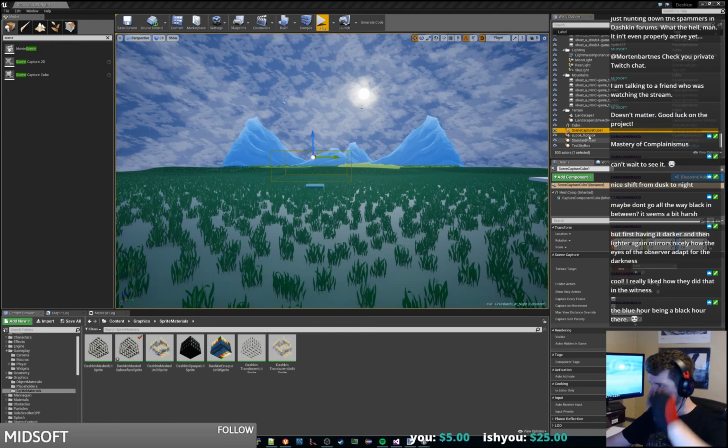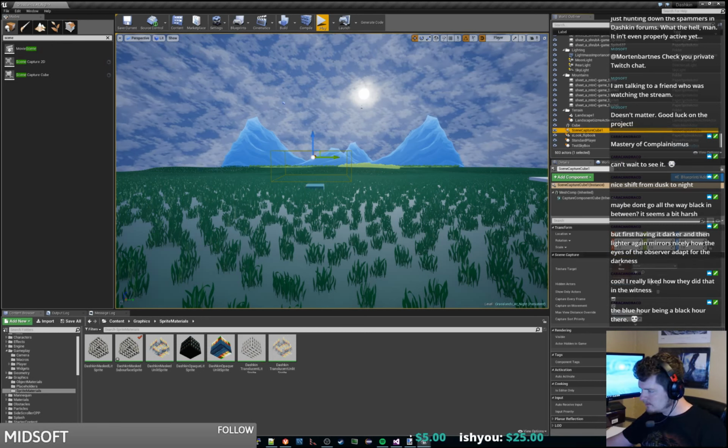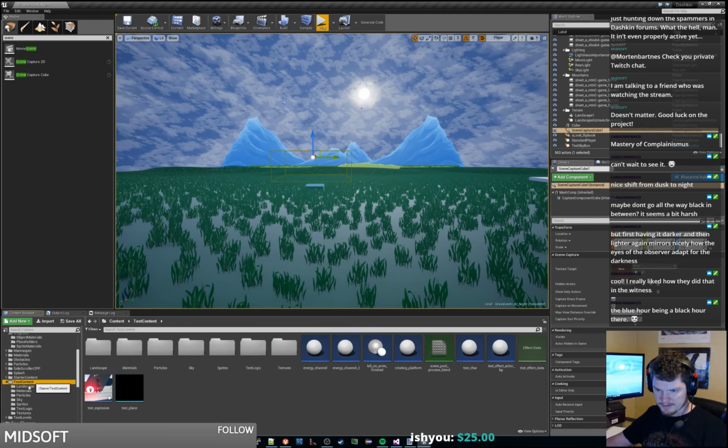So if we have a scene capture cube, and if we go to our test content here into our sky,